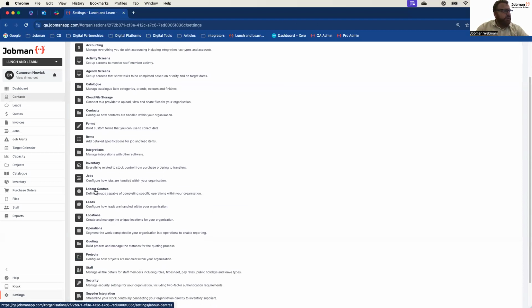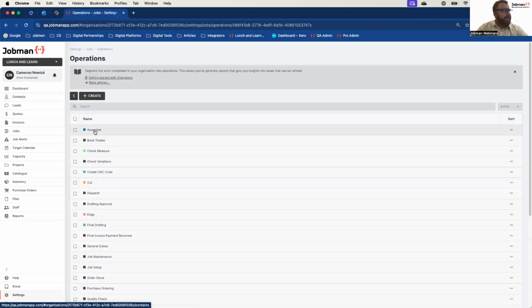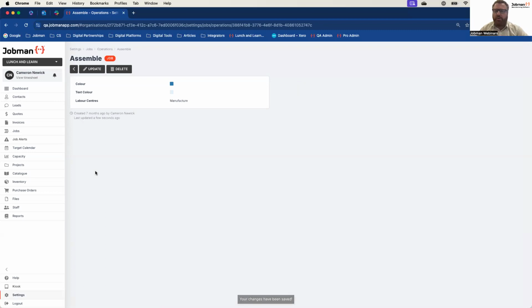The second part to that, of course, is labor operations. Whilst a default charge out rate might make sense for most of your business, there might be certain operations where you have to charge a little bit more, either because you contract out the operations themselves, for example, contract installs, contract draft people, detailers, something like that, or simply because they are a higher cost overhead to your business. And the way you can do that is under settings, jobs, operations. Same thing again. By default, all of these operations will draw from my standard. However, if I come in here and override any of those numbers, now every time Jobman adds an operation to a quote, whether it be part of a product or directly, it will use this number instead.